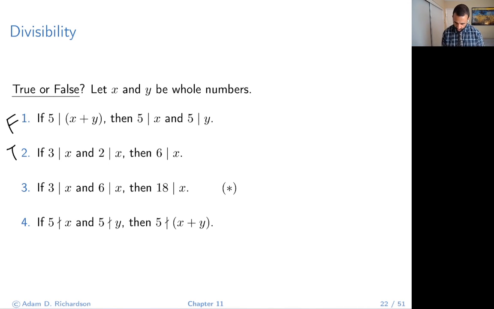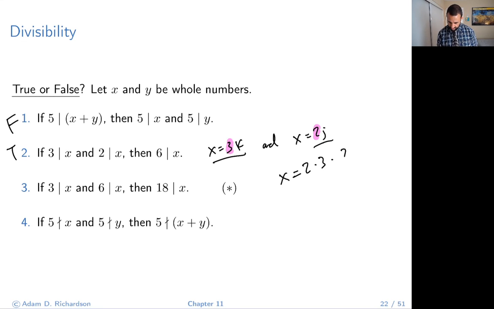So let's go ahead and do that. We can write x as 3k, and we can write x as 2j also. So that means that x can be written as a multiple of 3 and x can be written as a multiple of 2. So both 3 and 2 must appear in the prime factorization. If both 3 and 2 appear in the prime factorization, then we can write x as 2 times 3 times some other number. But this is 6. So that means that x is equal to 6 times